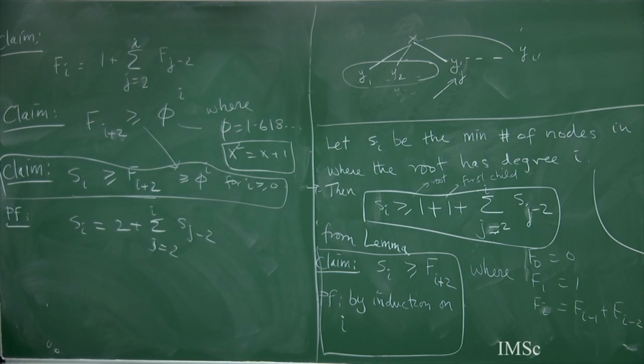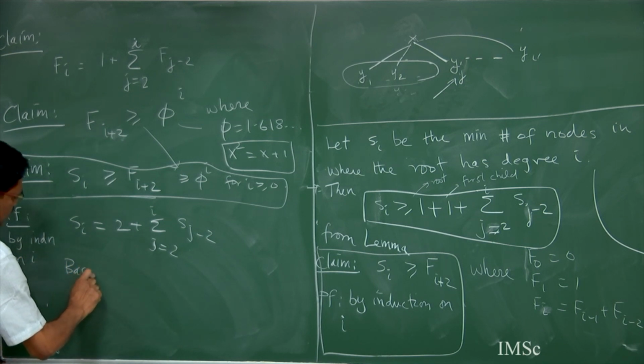Base case, when i is 0, I have a node with degree 0, it has exactly one node in the subtree, and that is greater than or equal to F2, they are the same. So, assume for up to i minus 1, yeah, right. So, again by induction on i,